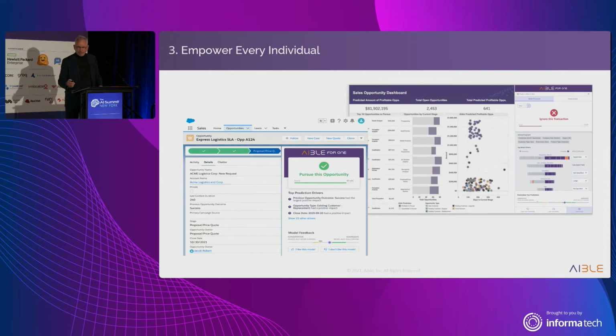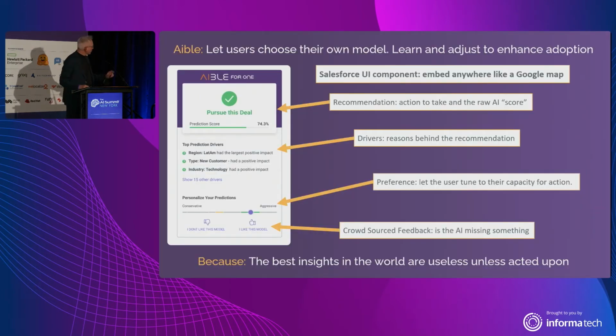Let me show you some of the details on this. One of the key things here is we approach this a couple of ways. We've built a custom widget in Salesforce, as an example, but we've also built a standard widget in JavaScript. And what's cool here is that we can drop this in just like we would a Google Map component. Almost any organization knows how to drop in a Google Map at this point. You can drop it into virtually any application. You can make the AI predictions work the exact same way.